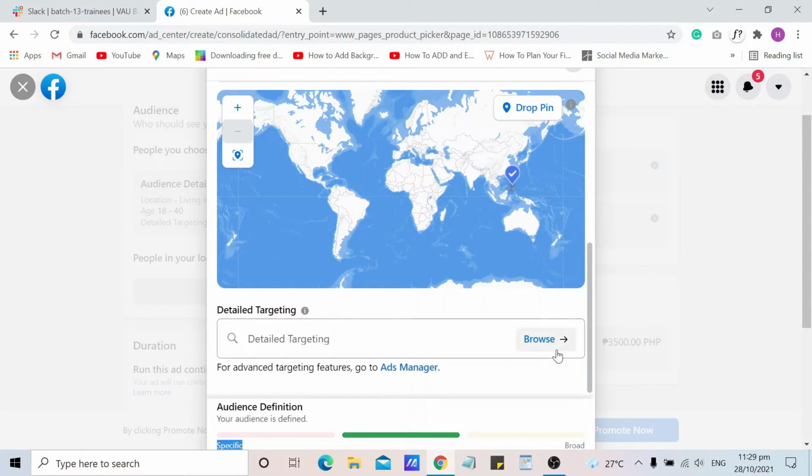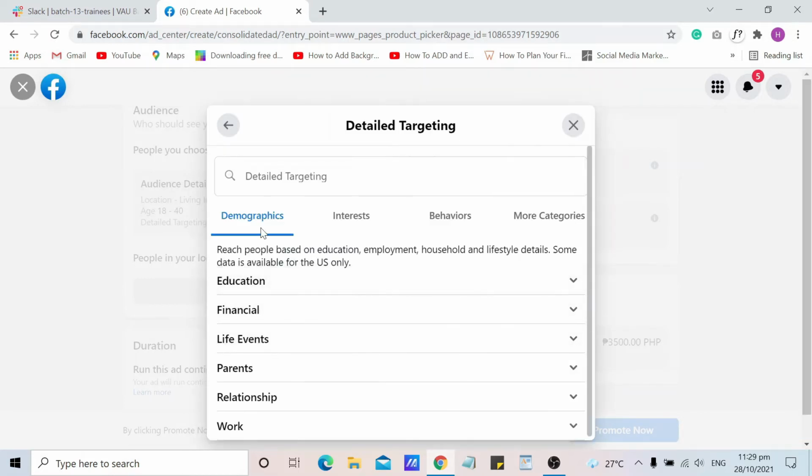Browse for detailed targeting. You can choose demographics, interests, behaviors, or more categories.